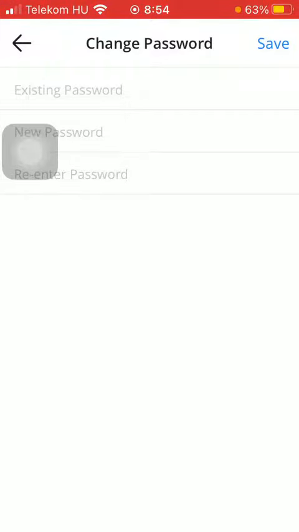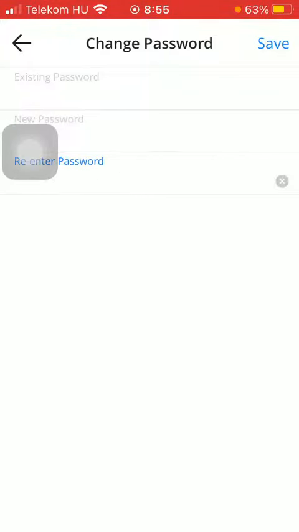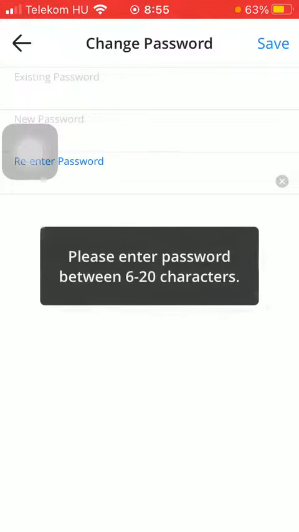First of all, you should type in your existing password to the first row. After that, type in your new password and re-enter it. Re-enter the new one and then click on the save button in the upper right corner of the screen, and